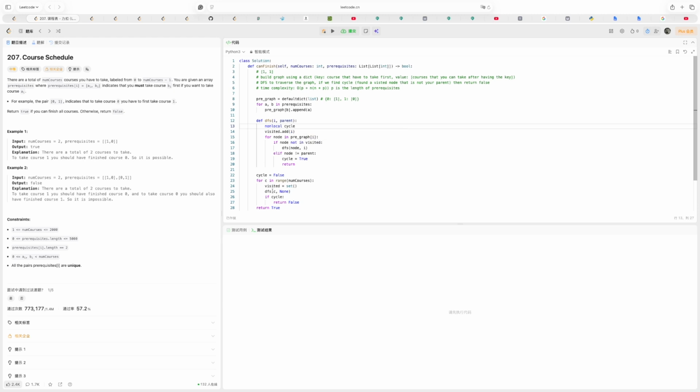Okay, so now C is 0, none. So visited add. Okay, let's have a visited set here. We'll add 0. And for node in graph 0, we'll have 1. Node is 1. 1 is not in the visited set. Okay, so we will run the DFS, and node will be 1, parent will be 0. So we will add 1 into the visited set,